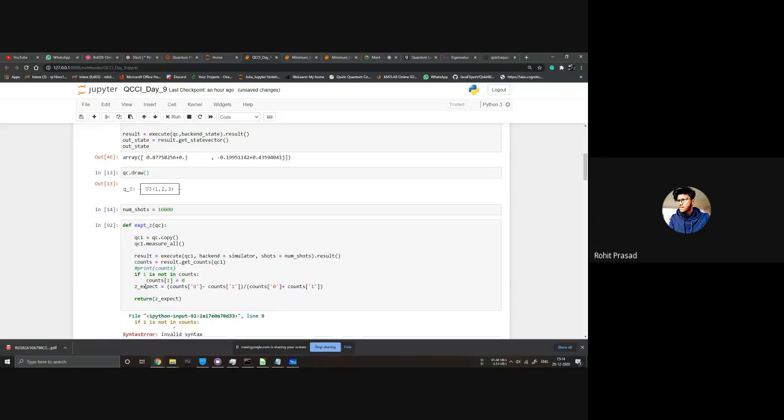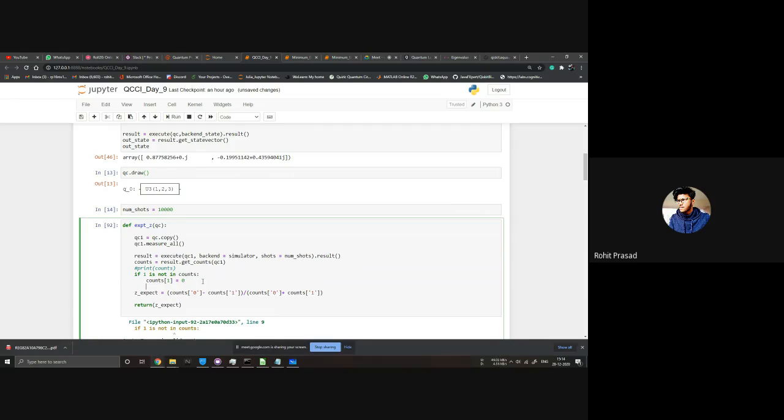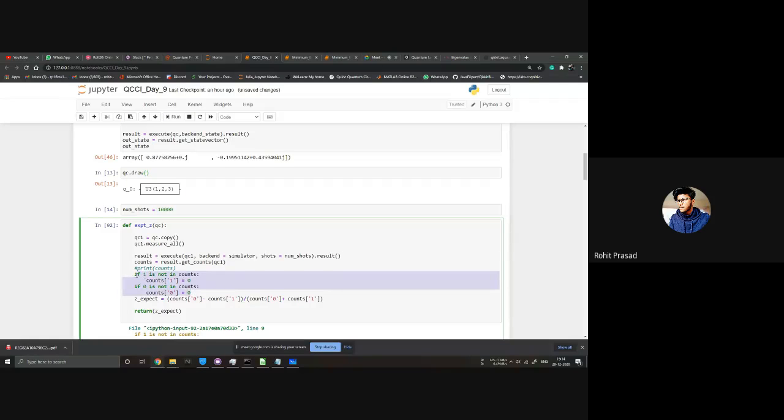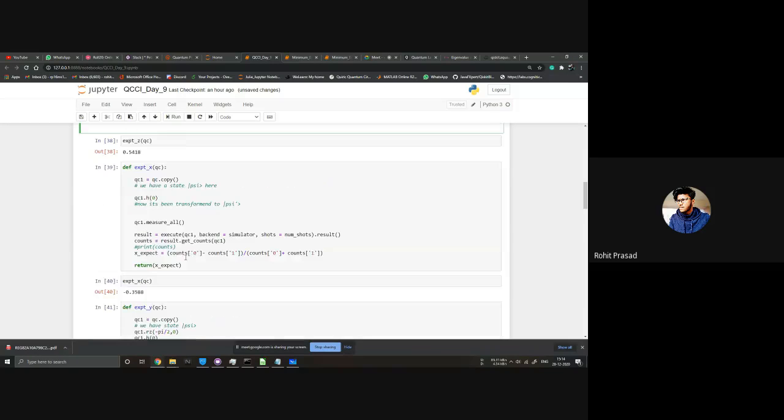The same goes for the other. If counts is a dictionary and you don't have an element called one in it, this will give you an error saying that you don't have a key named one. So you just do that: if 0 is missing, then make counts 0 equal to 0. And we will just copy this in all of this.